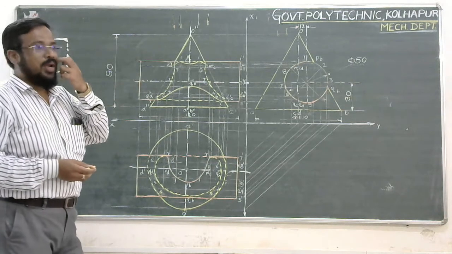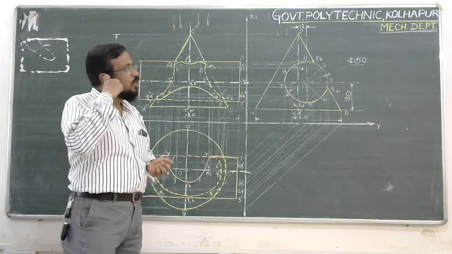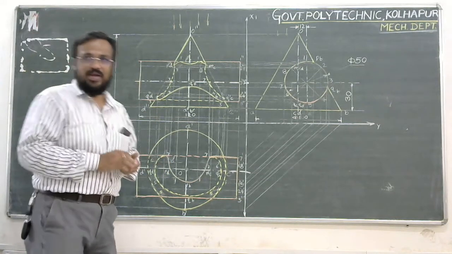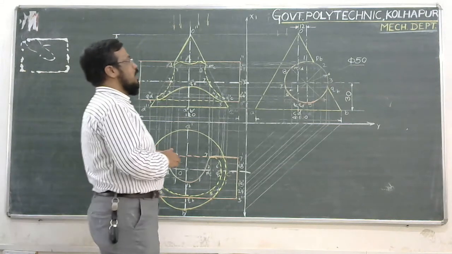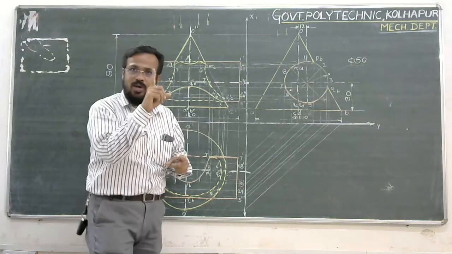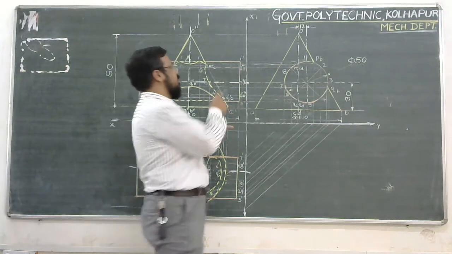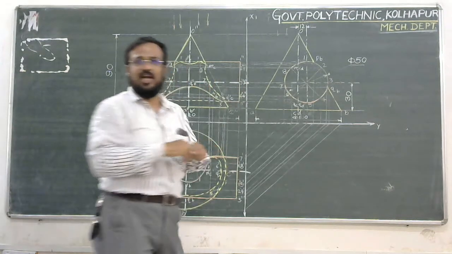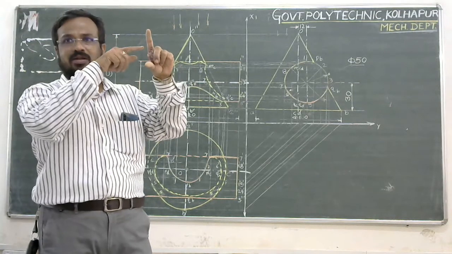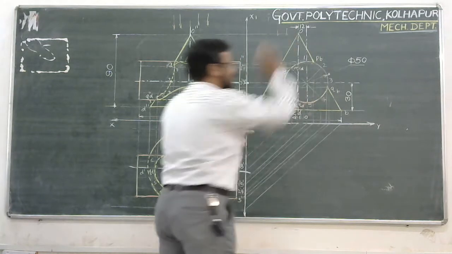Okay. Now, for a better understanding of this visibility concept, we will consider that same problem, but we will modify it a bit. What is the modification? Instead of considering two solids, we will consider one solid only, that is, the cone standing vertically. And instead of the penetration of a horizontal cylinder, we will think that the cone surface is being drilled with a drill of diameter equal to 50.